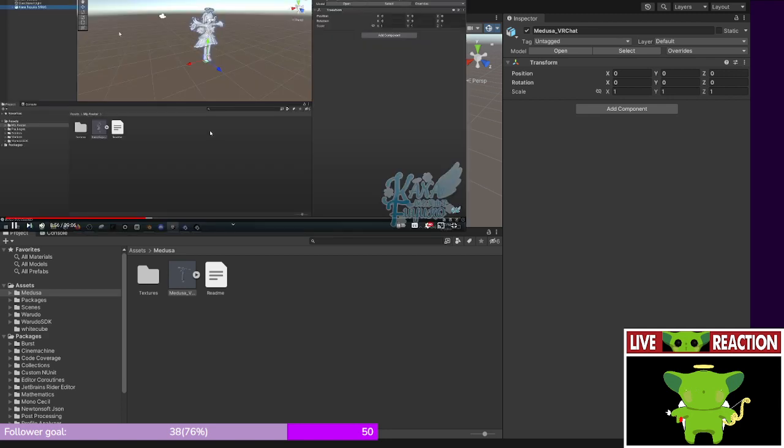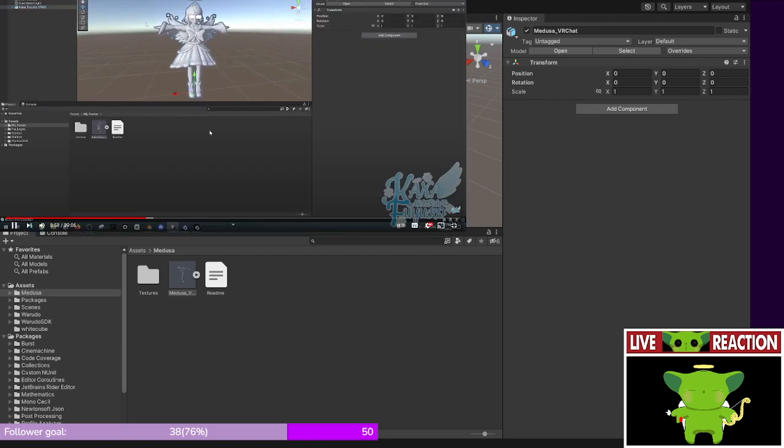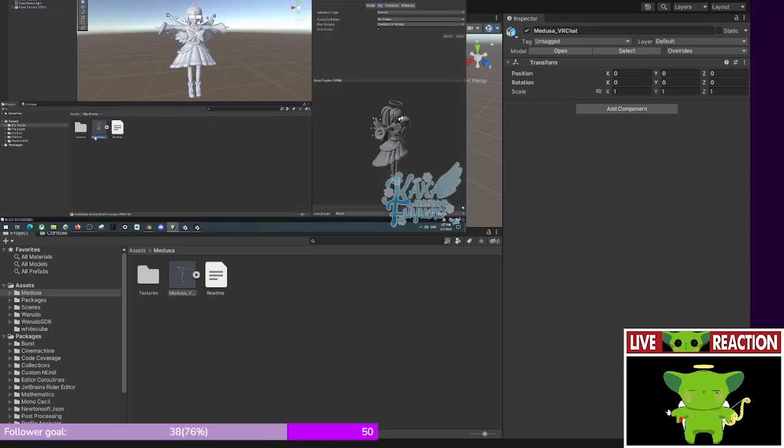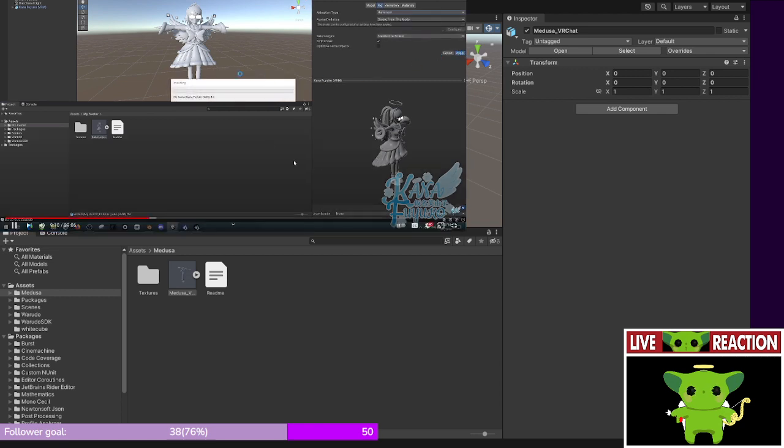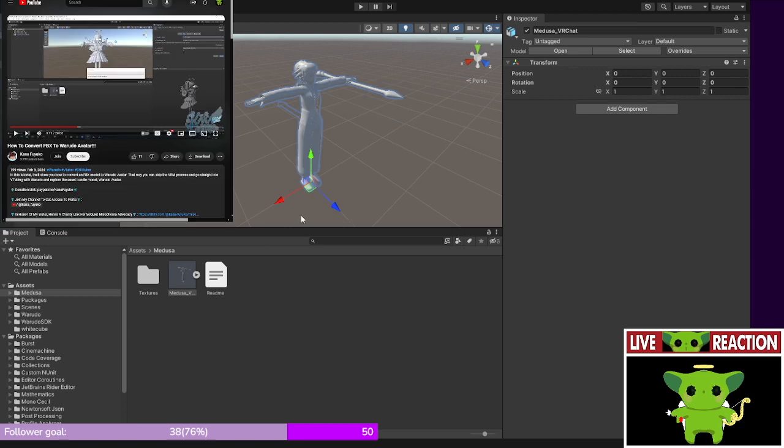And once you have your model here, what you're going to then do is click on your FBX file in the Assets panel. You're going to make sure to click on the Rig tab and set your animation type to humanoid and click on Apply. Give it some time for Unity. Okay, so it's doing basic,